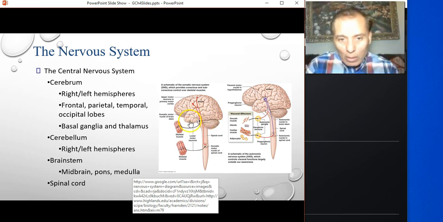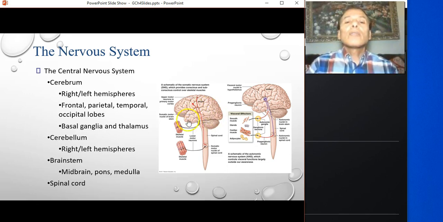And then the word lobe equals the word cortex, or piece of cortex. So this is called the frontal cortex or the frontal lobe, the parietal cortex or the parietal lobe, the occipital cortex or the occipital lobe, the temporal cortex or the temporal lobe. So that area here is critical for communication, for processing auditory messages, for memory, and for emotions, for learning. It is very, very important, and this is for language.